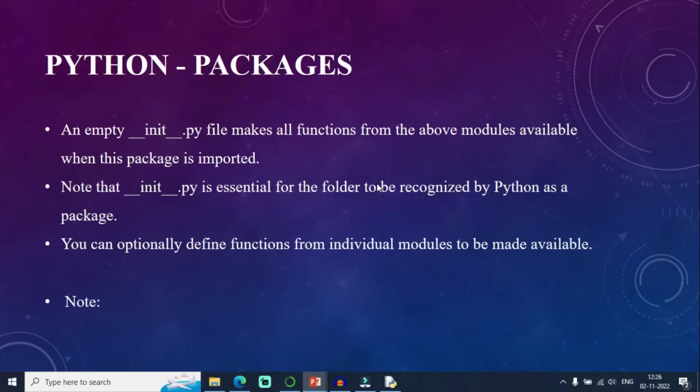An empty init.py file makes all the functions from the above modules available when this package is imported. It is essential for the folder to be recognized by Python as a package.